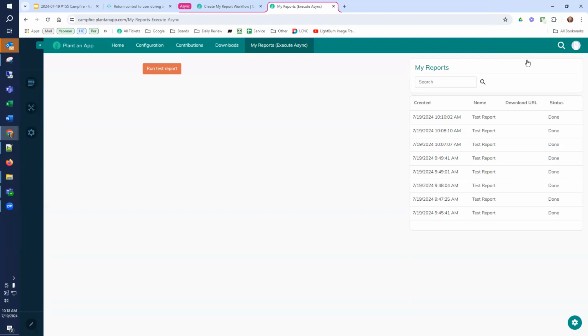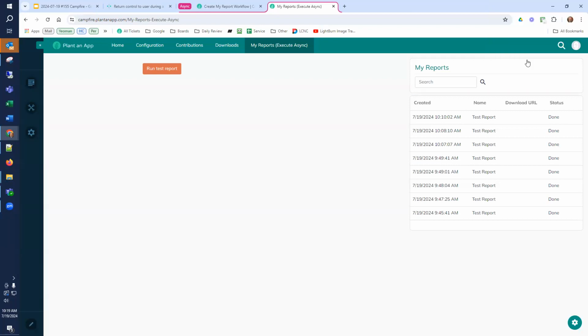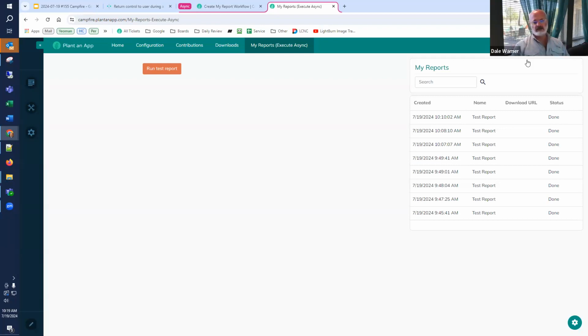Okay. So we could do something else to visually indicate that it's still running, but the problem is you want to free them up to go on and do other things. We don't have a way of grabbing them back to make that work. I want to point out that there's another way to do this, and it just depends on your scenario.